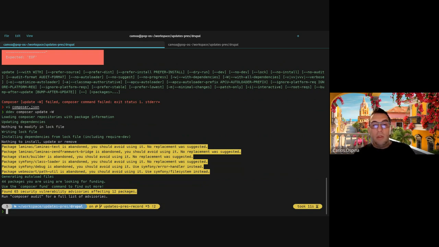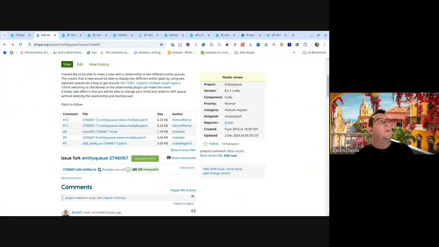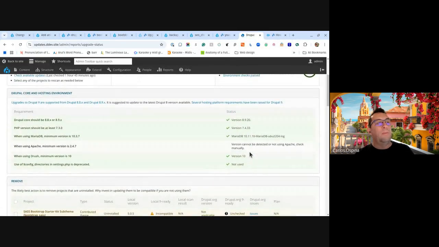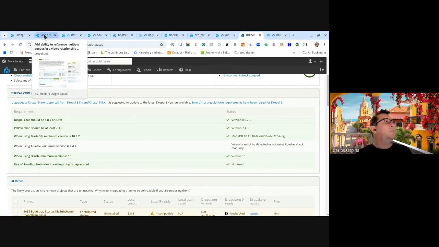Perfect. So now, this is a very important time in an update. I'm on 8.9.20, right? Upgrade Status is telling me I can go to Drupal 9. What version of Drupal 9 do I go to? And here we use the same philosophy, release version date matching. I am on Drupal